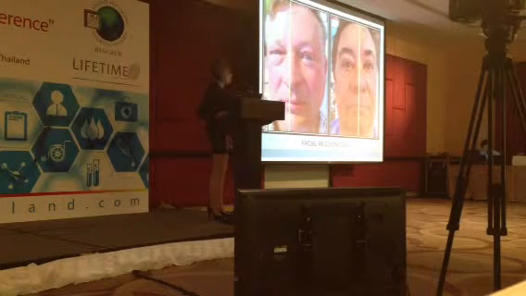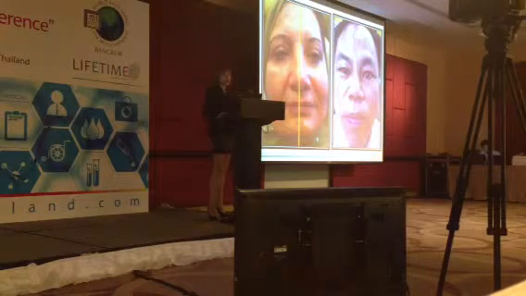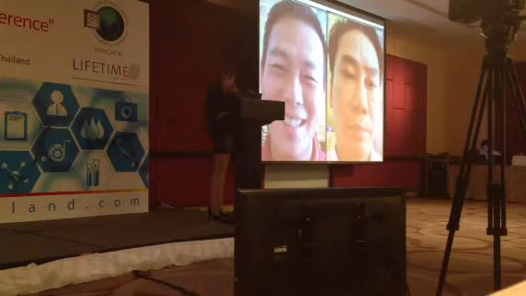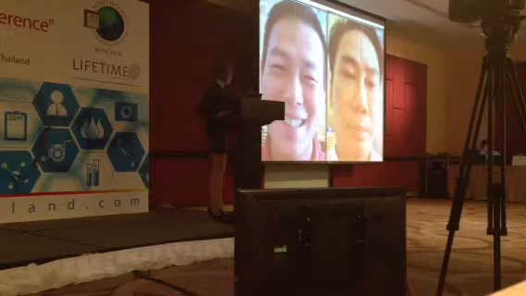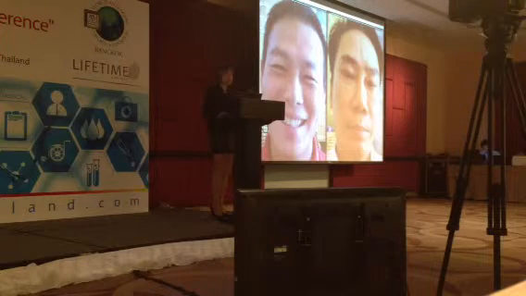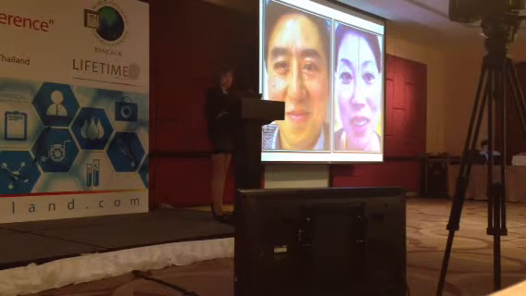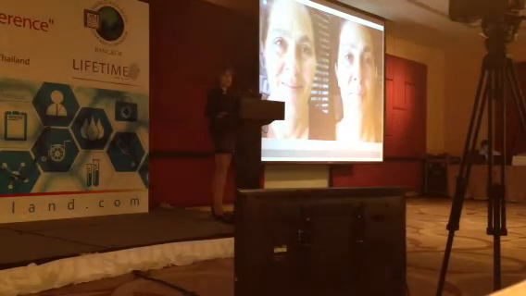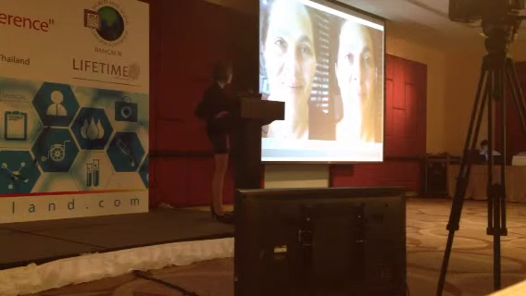This is just some of the pictures that you can see in our booth, the before and after that we used. Some more, that's just one side of the face. You can see the no wrinkles. That's something you can actually see in the booth on your own faces very easily. That's another before, half side done, half side is not done. This is a full face done. This is courtesy from